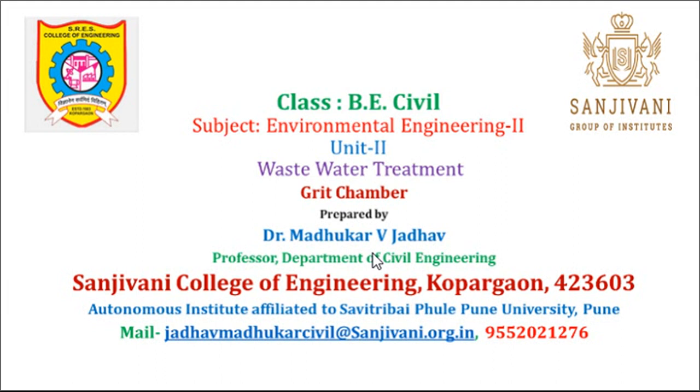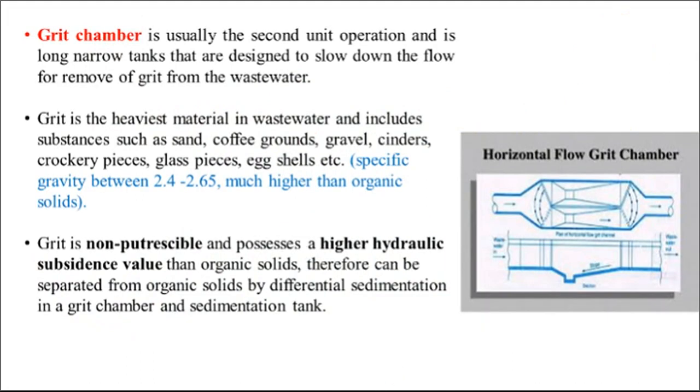In the previous lecture, we studied the velocity through the screen chamber, then the head loss through the screen chamber, in which we saw two formulae for calculating the head loss, and finally we saw the disposal of screenings. In this lecture, we are going to study the introduction of grit chamber, the objective of grit chamber, and the types of grit chamber: the horizontal flow type of grit chamber, the aerated grit chamber and the vortex flow type of grit chamber. So, starting with the introduction, the grit chamber.